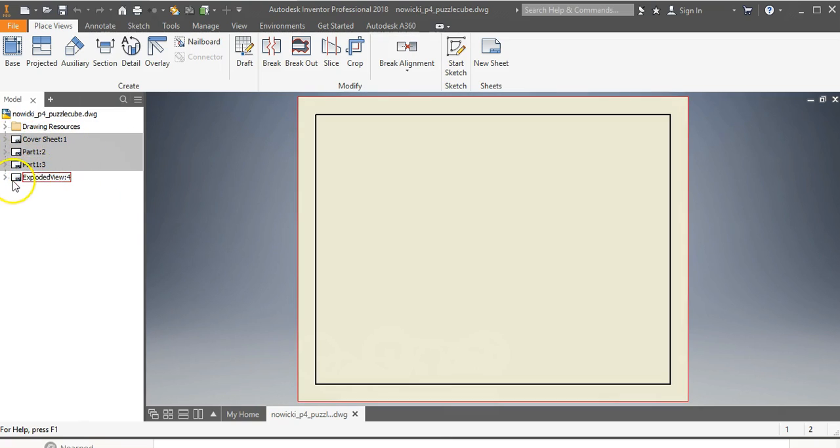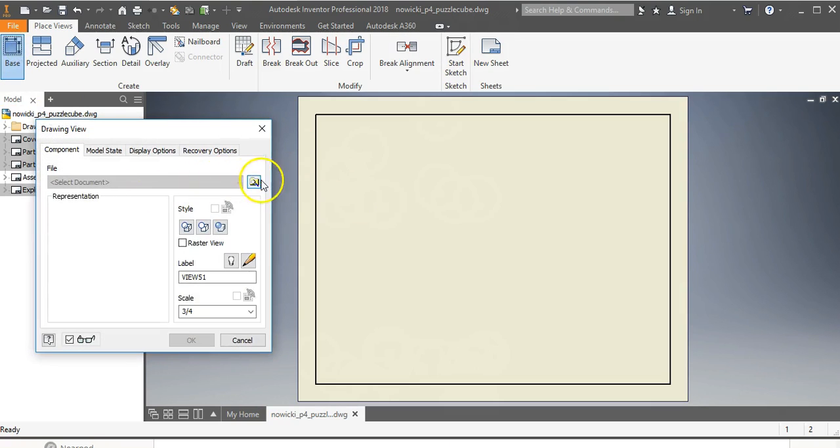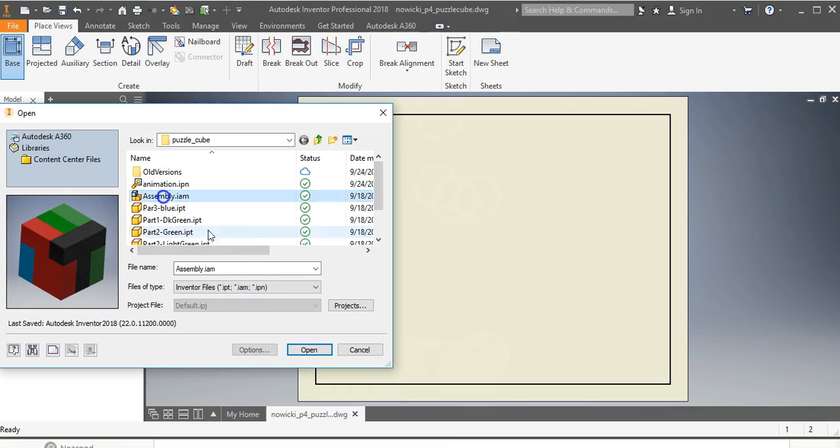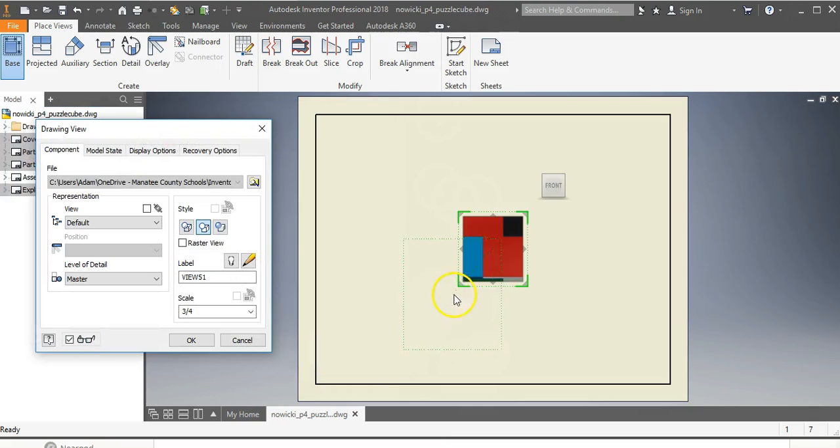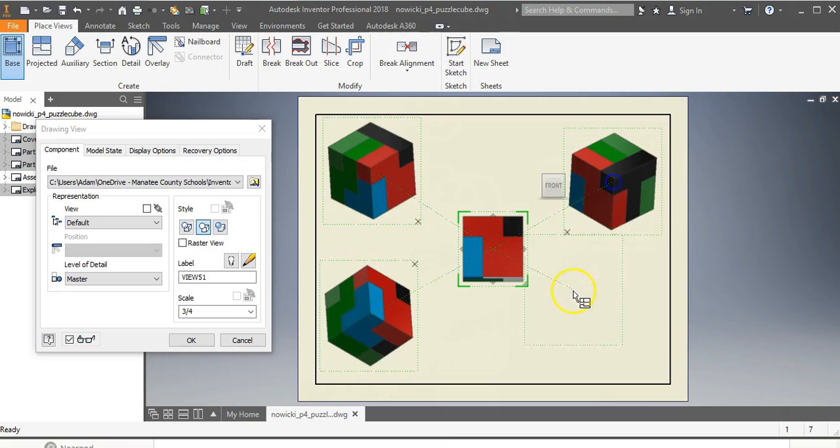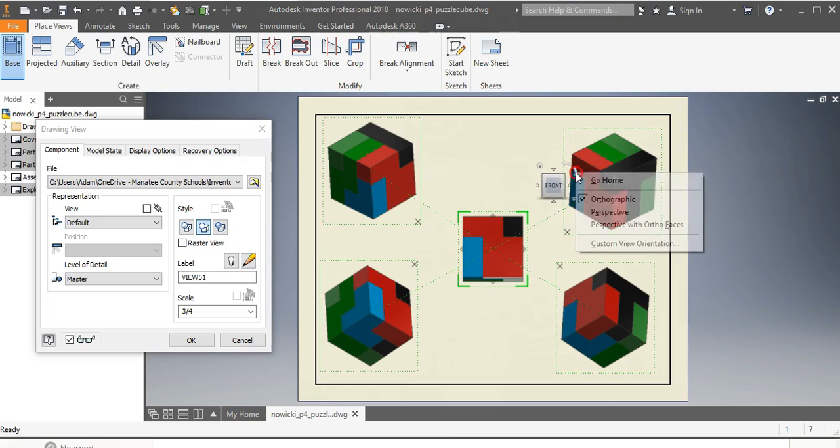So in the exploded view sheet, I can click new sheet here, change the name of this. I'm going to call this assembly views, and then I'm going to go ahead and grab my assembly, and here's that. I'm going to click open, and then I'm going to click here, and maybe just add some cool different views so that you can see